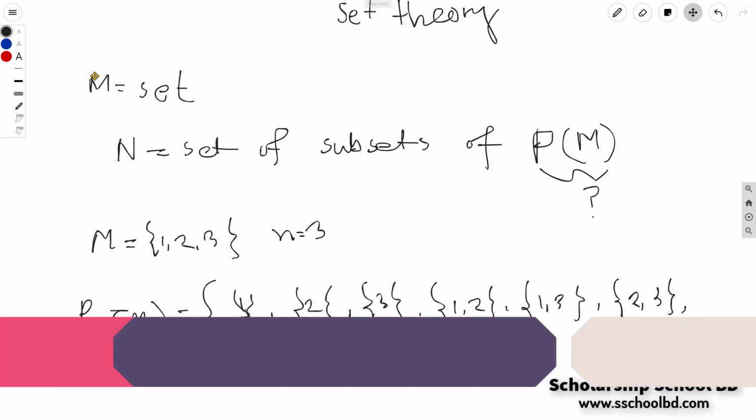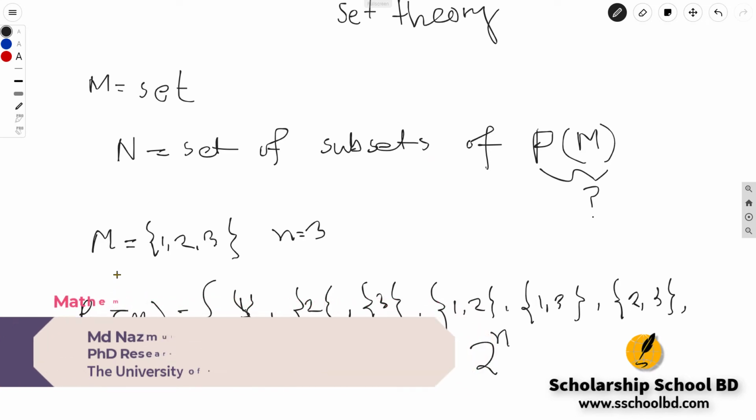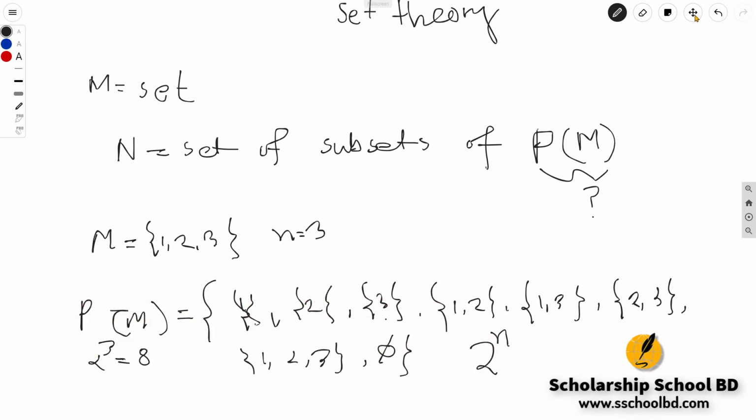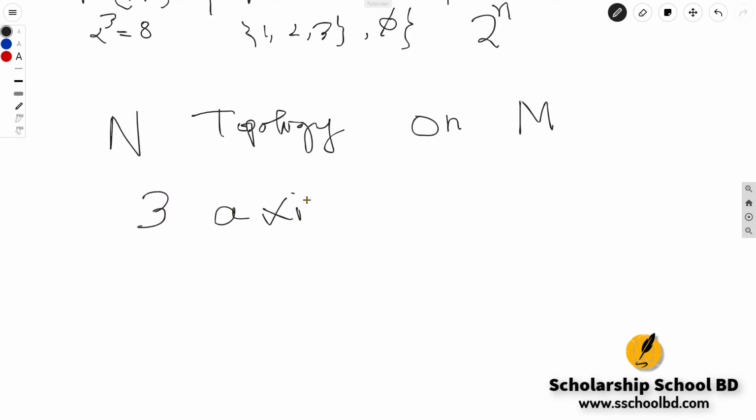Now let's go back to the original definition of topology. So we have two sets. M is a set and N is a set of the subsets of the power set of M. Now N can be called topology on M. N is a topology on M if it satisfies 3 axioms. So axioms are the mathematical conditions in very strict and rigorous sense, basically. So 3 axioms must be satisfied